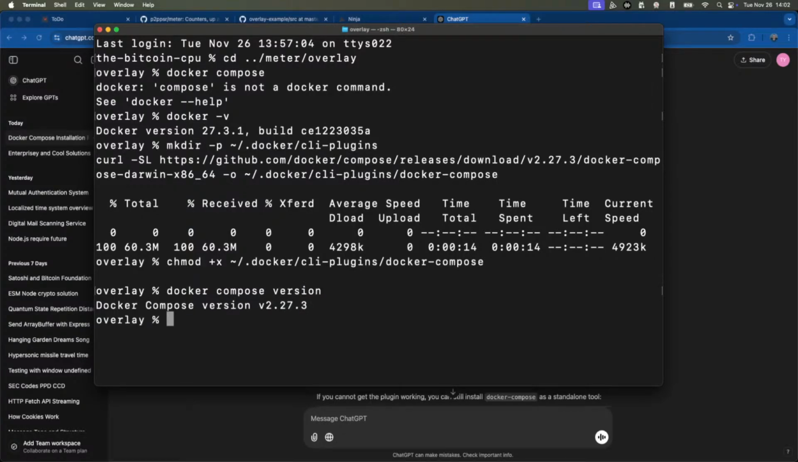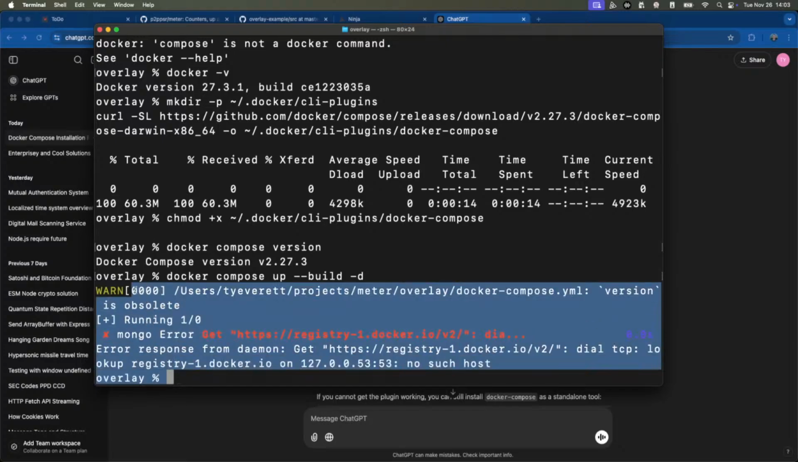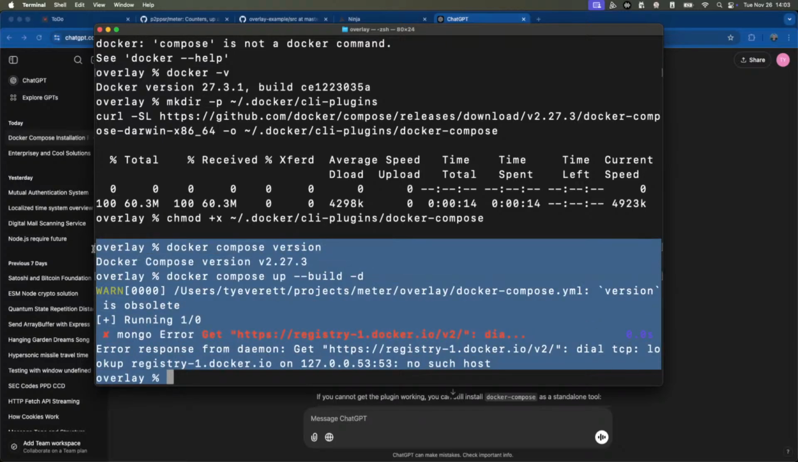Docker Compose version, it looks like. Now I have Docker. Okay, docker compose up --build -d. Okay, once again, we appear to be having a networking issue. It doesn't appear to be connecting to